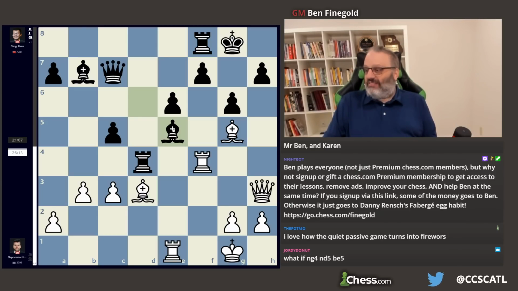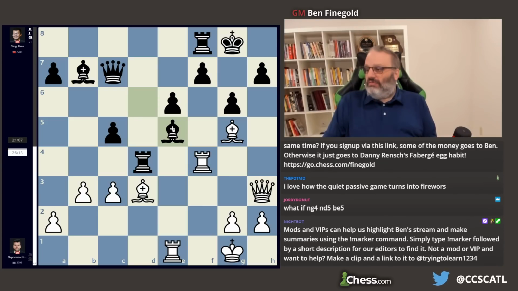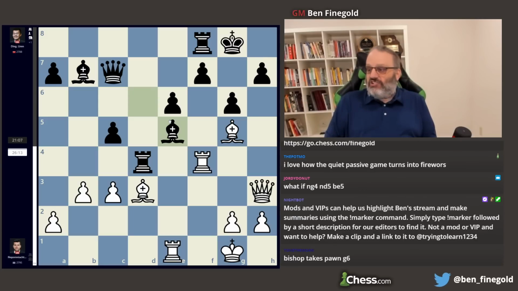So there you go. I'm a good player. Okay, I understand it a little now. Now I see bishop f6 and rook f8. Okay, I understand it now, but that's because I'm cheating by having the engine help. So